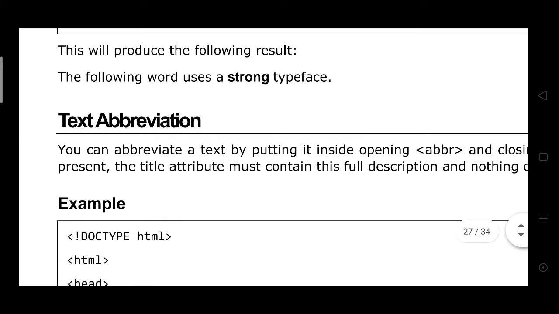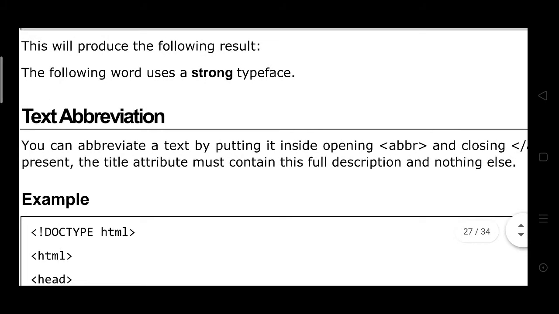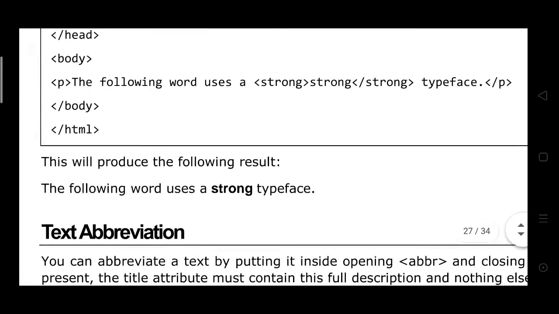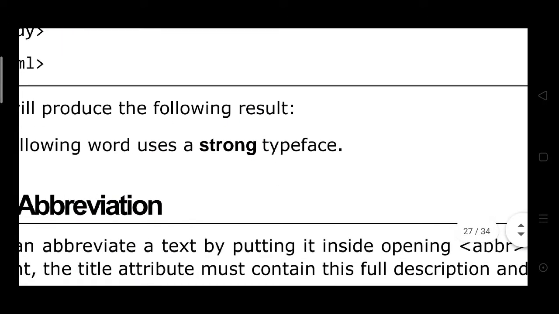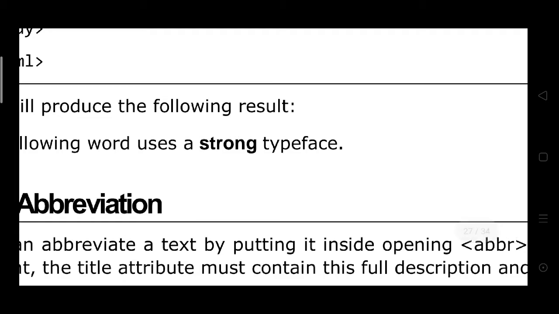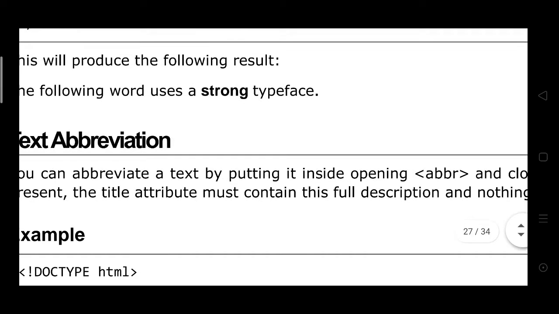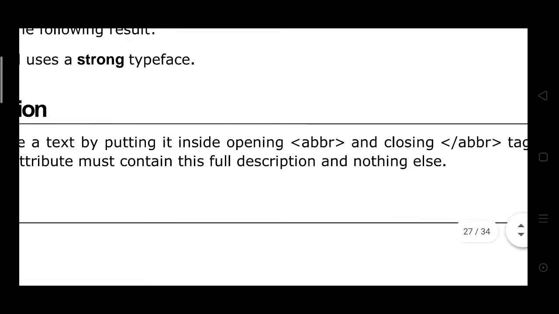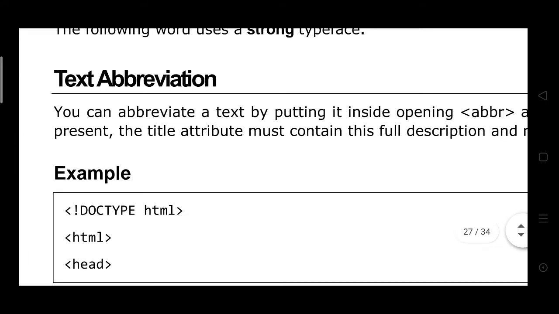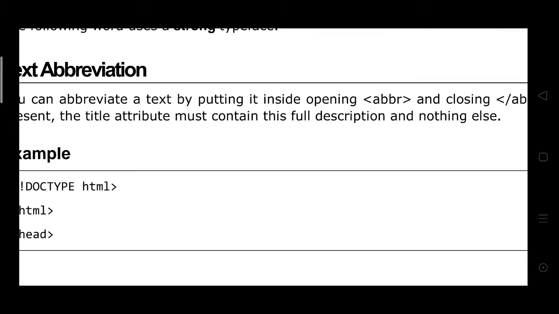Text abbreviation. It can be done by putting text inside opening ABBR and closing ABBR tags. Here you see only the strong word is different, and it is bolder than the other text. If present, the title attribute must contain the full description and nothing else.